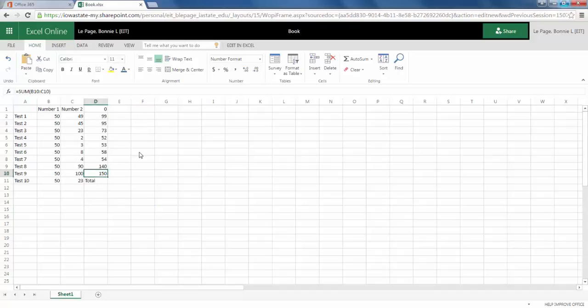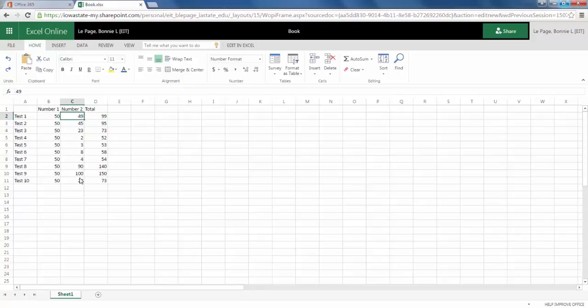However, because there is a formula applied, it will not sort. So to relieve that option, we can again hit Command or Control Z to undo, very similar to the desktop version. So that will undo what we've just done.